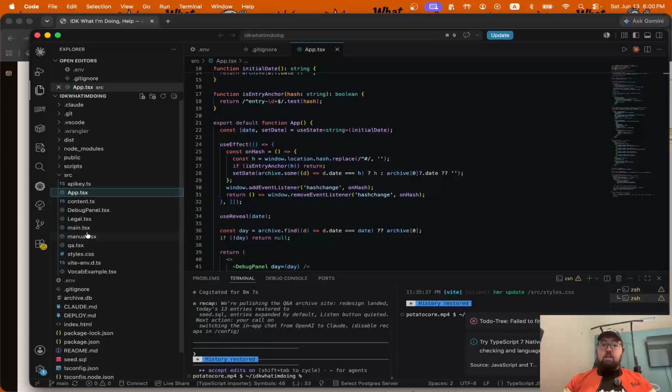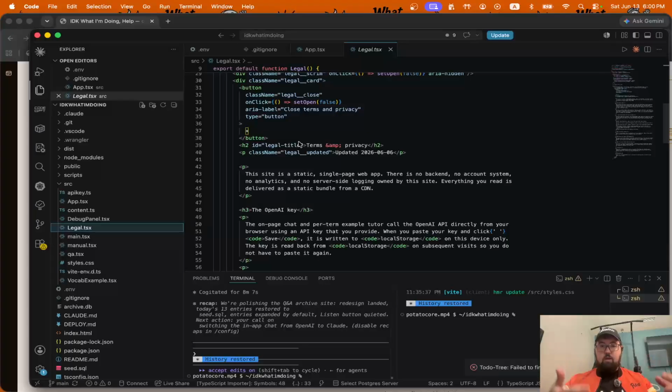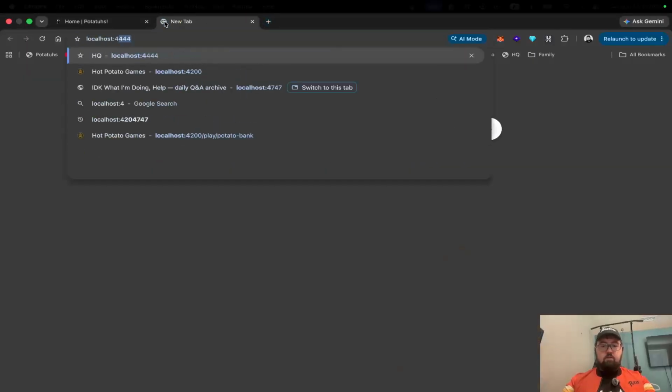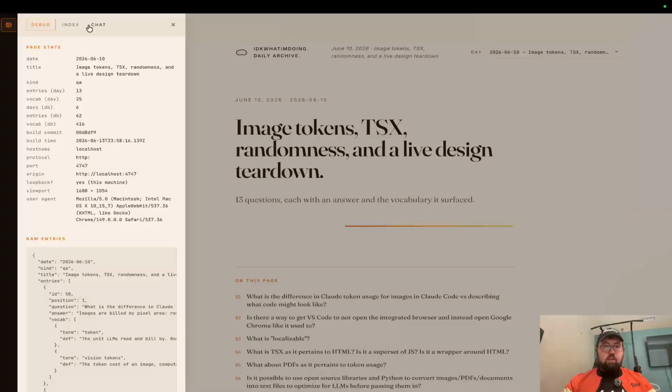There's actually something really cool I want to work on today, so stick around, but I just want to make sure that we get back up to speed. So, all right, perfect example, the OpenAI key. If I go to, I think it was 4747, I believe that it's in here, chat,